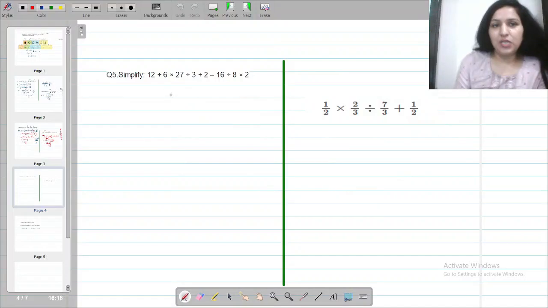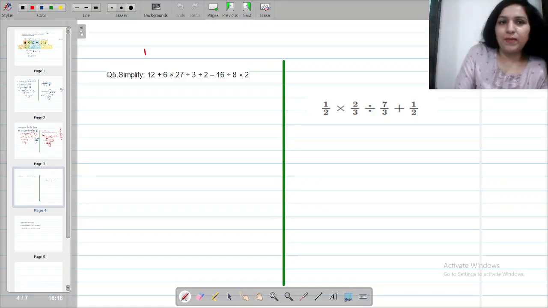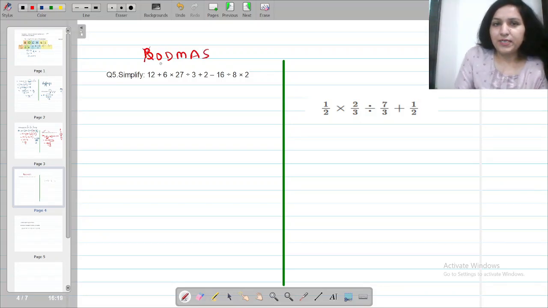Okay. Question number 5 now says you have to simplify this long group of different operations and numbers. Nothing to worry. Let's focus on BODMAS. Are we able to see any bracket here? BODMAS. I'm just writing here once again. It should go into your head now. Bracket. It's not there. Is any of operation here? I cannot see any of, square root or square. Nothing is there. But we are having division.